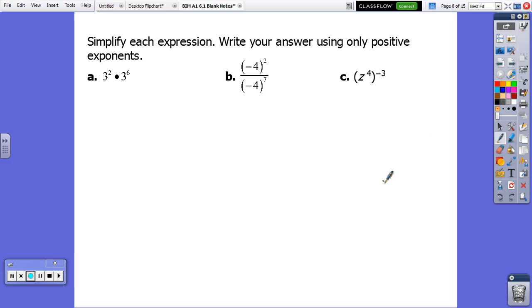All right, so go ahead and let's look at these examples. These aren't in your book, we're just following along, getting a little more practice in. So it wants us to simplify them and just write the answer using positive exponents. So we don't need to type it in our calculator, we're just getting it as simplified as